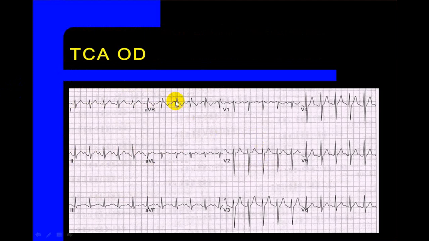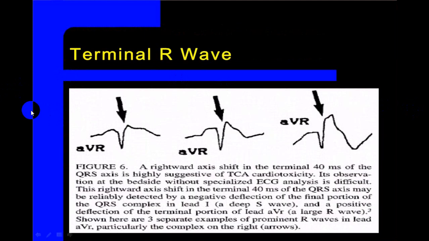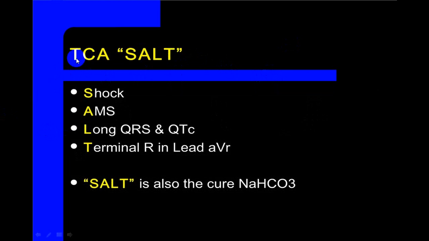You can see here, this is terminal R wave and sinus tachycardia with QT prolongation. If you calculate the QT, QT is prolonged. So that will be in favor of a tricyclic antidepressant poisoning, this terminal R. If terminal R wave is like this, it is in favor. Also, whenever there is a terminal R, look for RVH, look for RBBB, and also if there is a tall R wave, look for dextrocardia. So it is called terminal R in tricyclic antidepressant poisoning.